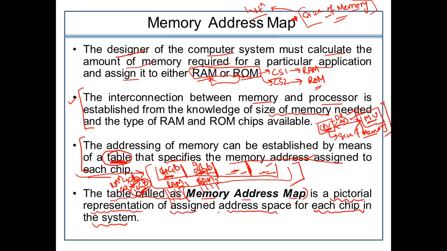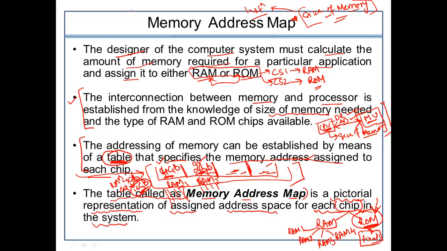So it is important here to understand which address space is allocated to which chip we are using. The chip could be associated with the RAM or with the ROM. Under the RAM, as I said earlier, one RAM could be divided into four parts, so it could be RAM 1, RAM 2, RAM 3, and RAM 4. But the ROM within a memory will remain fixed. It is a fixed one, so it will only be one. We cannot make any changes to this particular ROM, so it will be taken as the same size as it has right now.